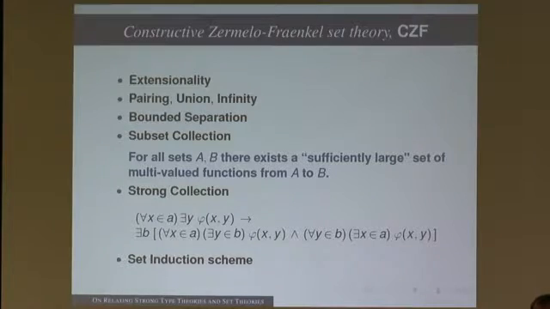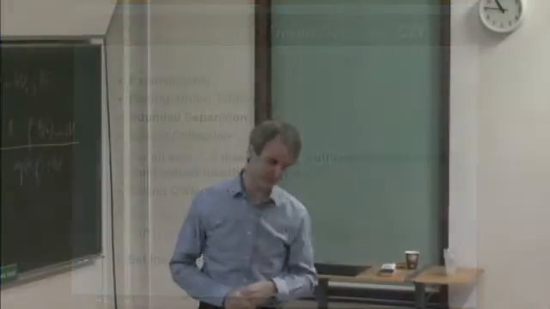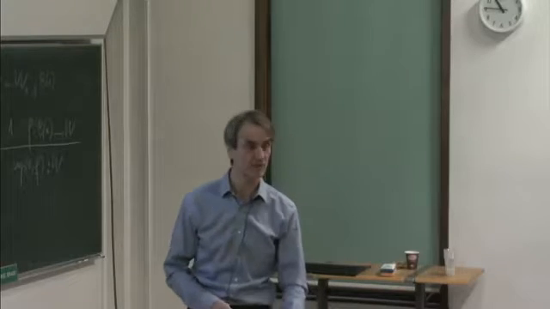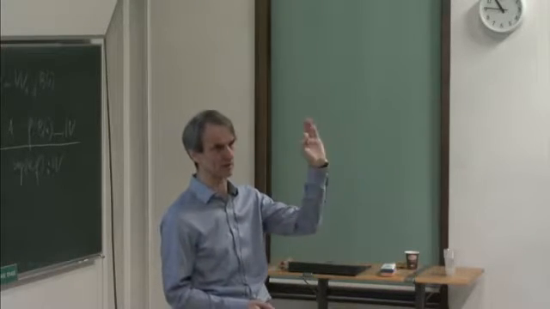This, by the way, is intuitionistically, function spaces and power set are totally separate animals. And this subset collection axiom is some kind of a relaxing of that condition. Not only all the functions from A to B, but more